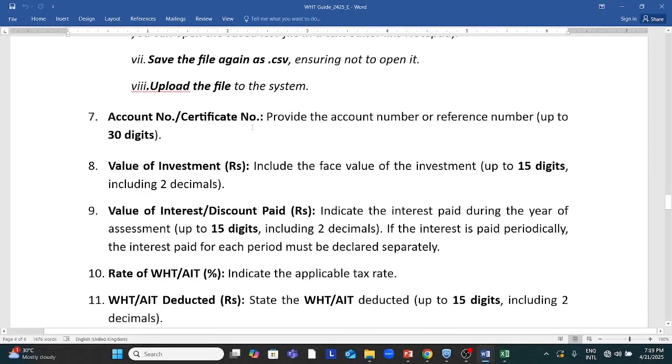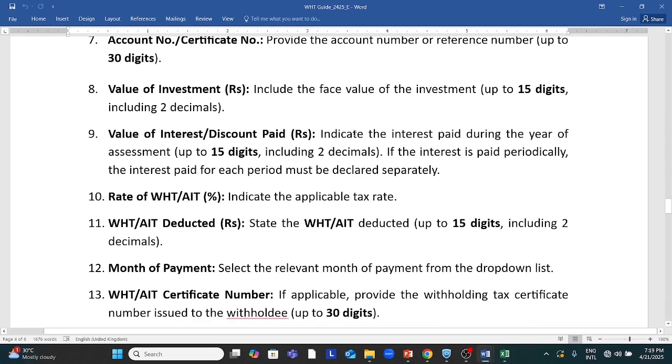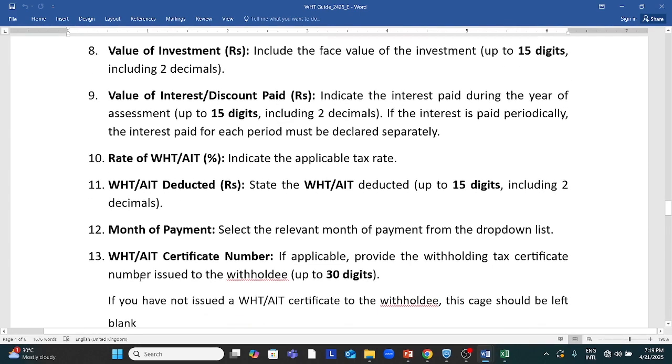Account number, certificate number. This is common for banks and financial institutions. For a business loan, you can put any reference number. One of the most important things is, if you have any